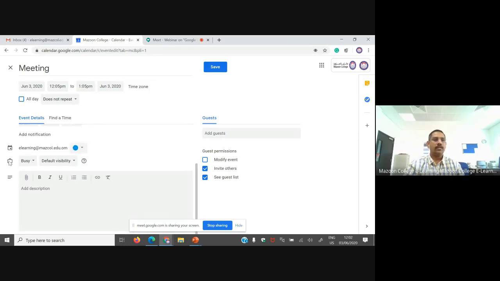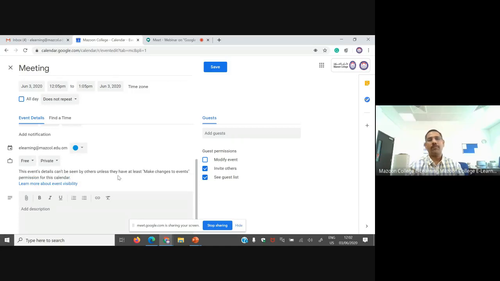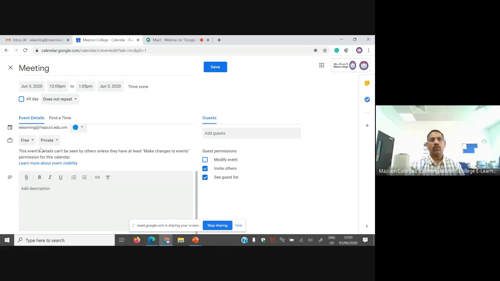And now here is the briefcase, and it shows whether you want to show your activity to your people or not. Here there are two options, busy and free. My suggestion is to use free, because we need to be open to our people. And then public or private. It's your call. If you choose public, anyone can see this event's details, including the description and the names in the attachment. If you go to private, only specific people can see it. So it is your requirement whether to show your calendar to people.